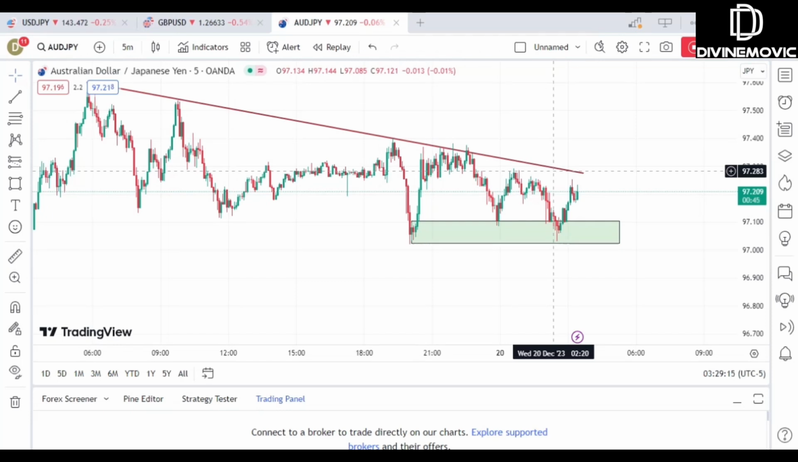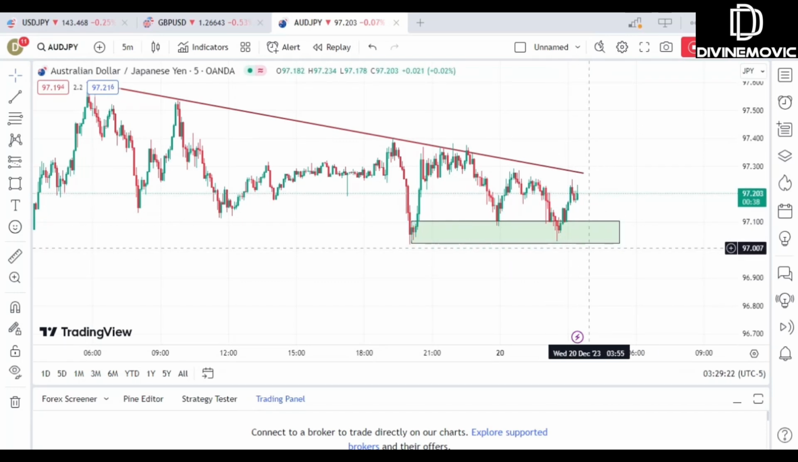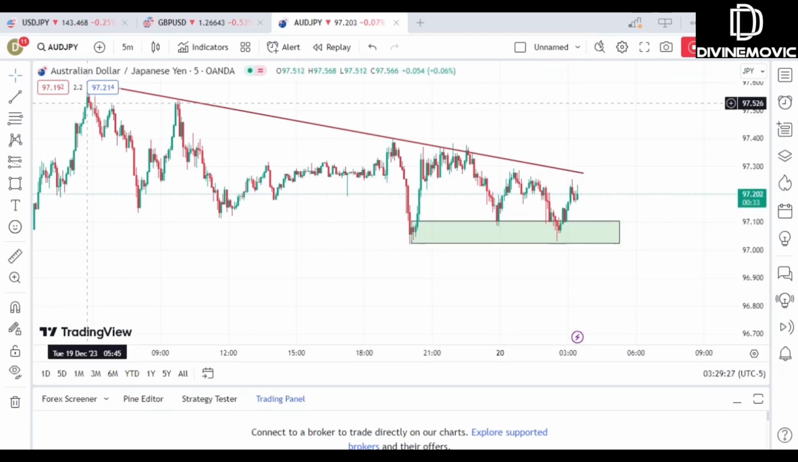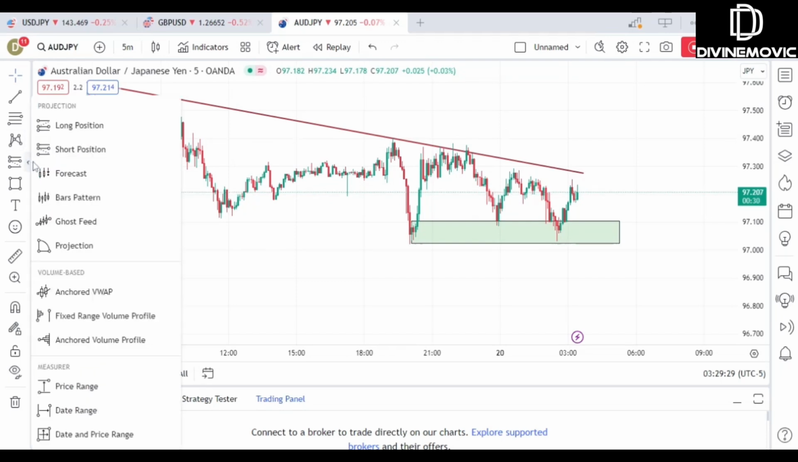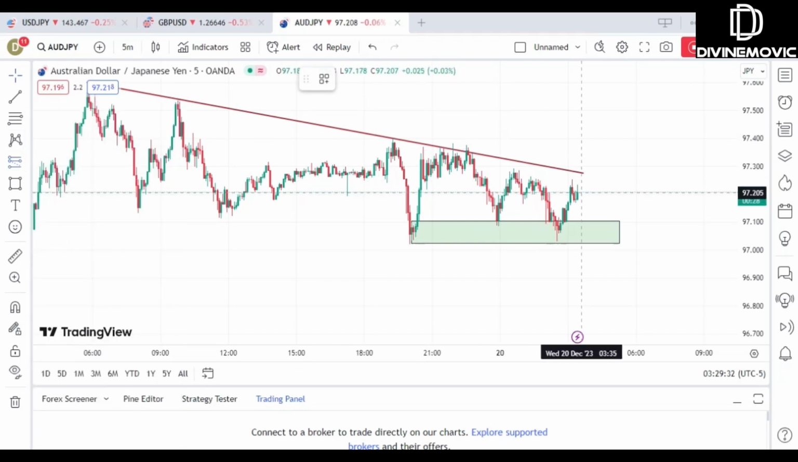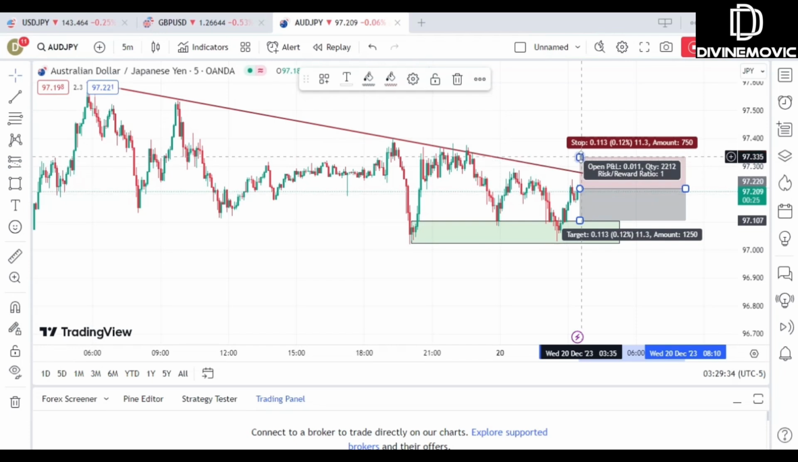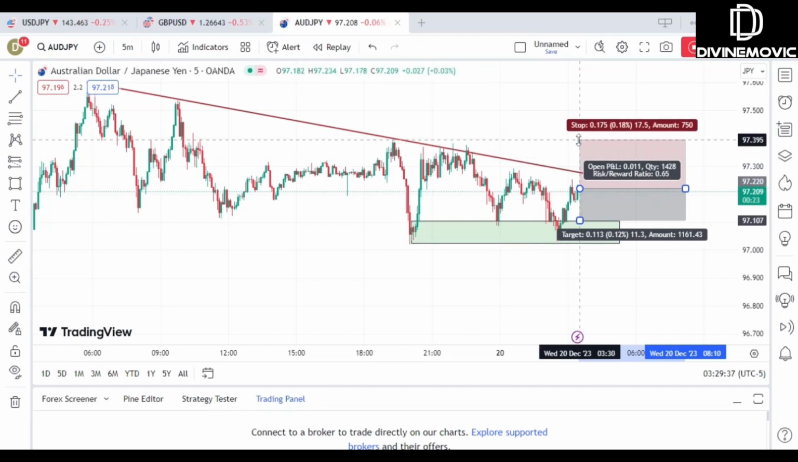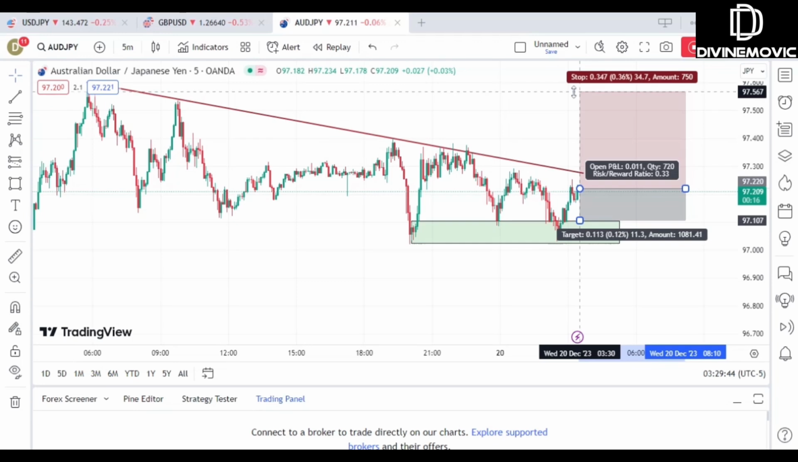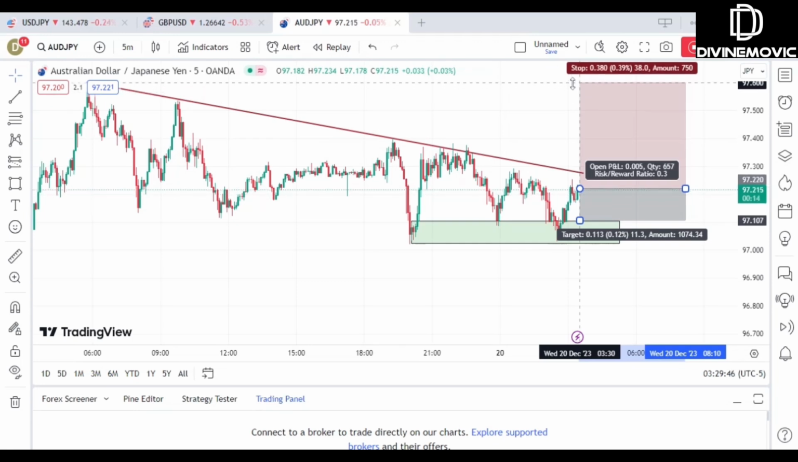If you don't want to go aggressive, you can simply wait for price to break below this block here, and then you can go for a sell. Or you can sell from this current level here and put your stop loss above, which is going to be a very tight stop loss. I don't like to have a tight stop loss, so what I'll do is simply put my stop loss above the first high, which is a 37 pip stop loss,